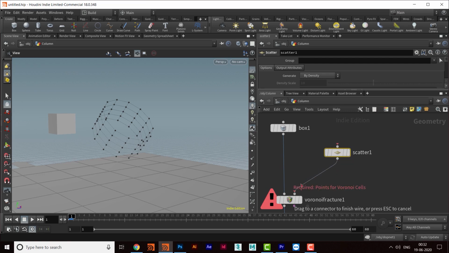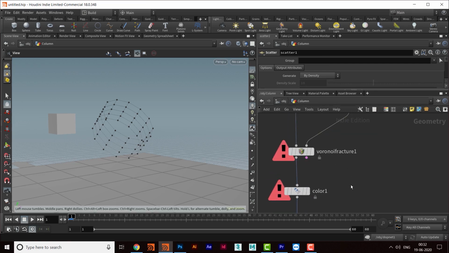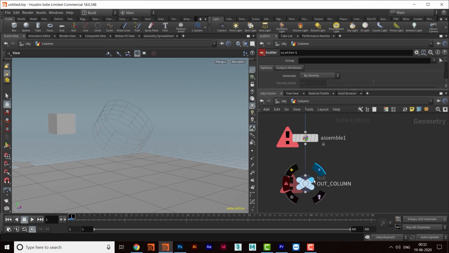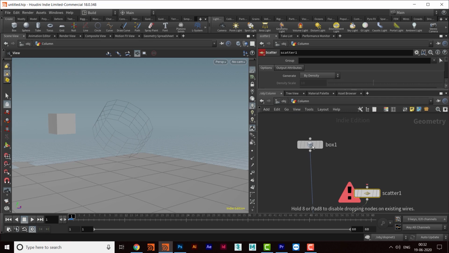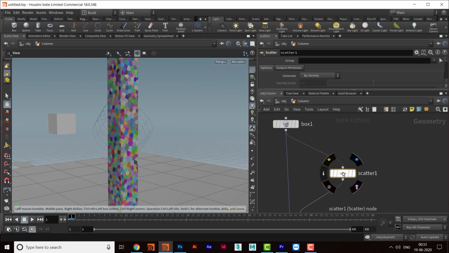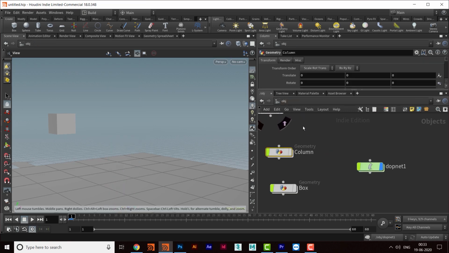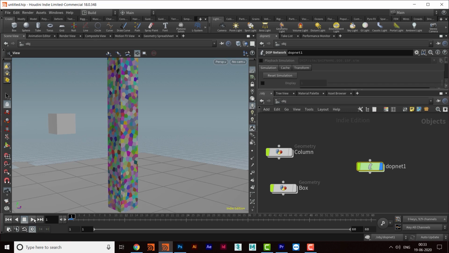So I will add this scatter to the input of Voronoi, and then we'll have to take the same geometry. In the same manner we have done this. So the scatter point is there, and it has not taken this value. So I will go out and click here and then reset transform.